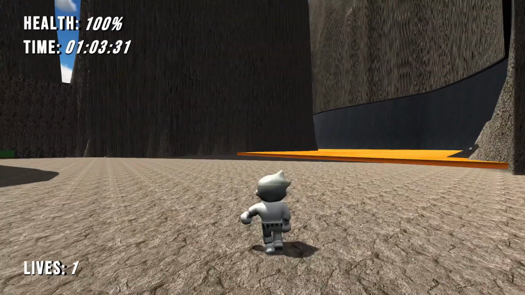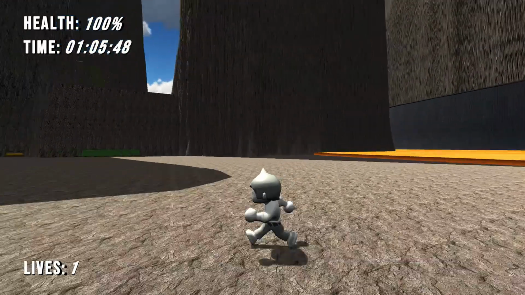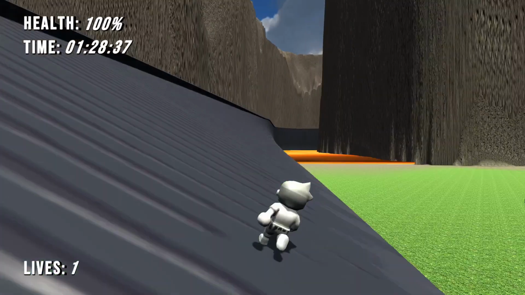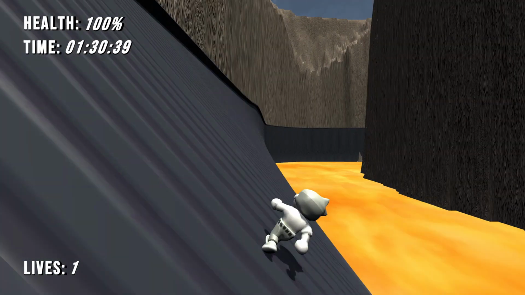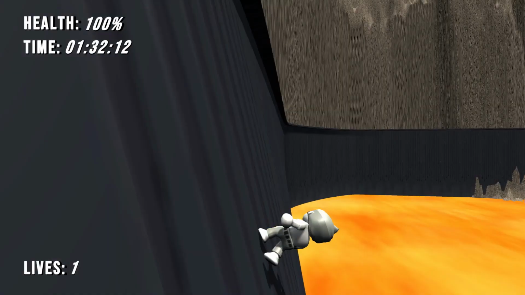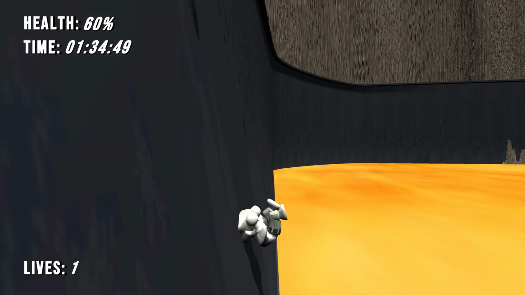If I had stopped running, then I would have fallen into the hazard. So if I'm running on it, and then I stop, I drop, and then I